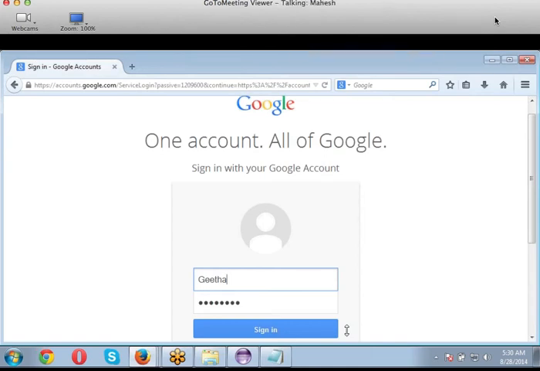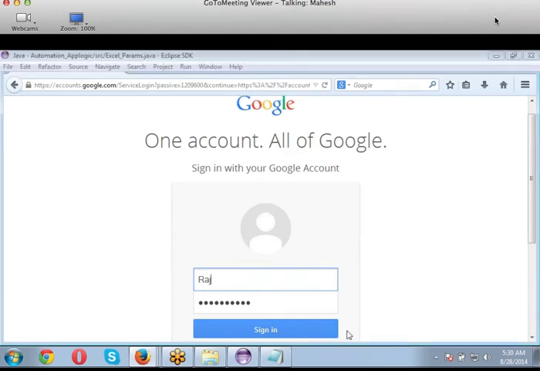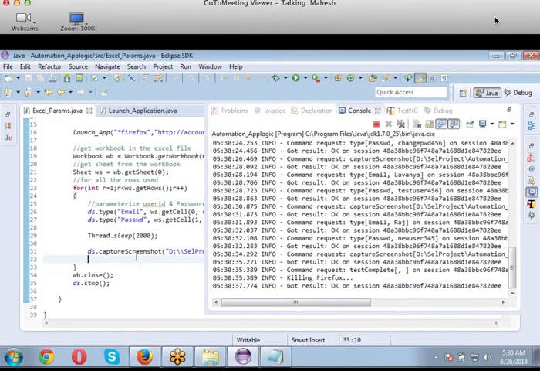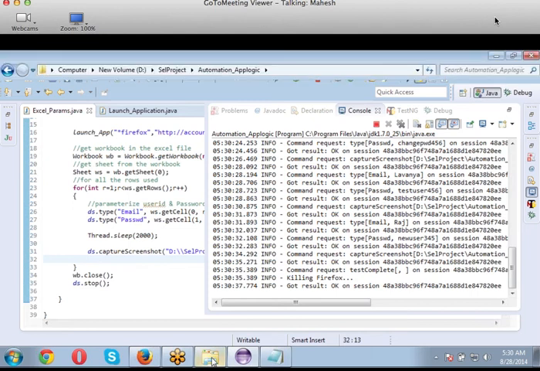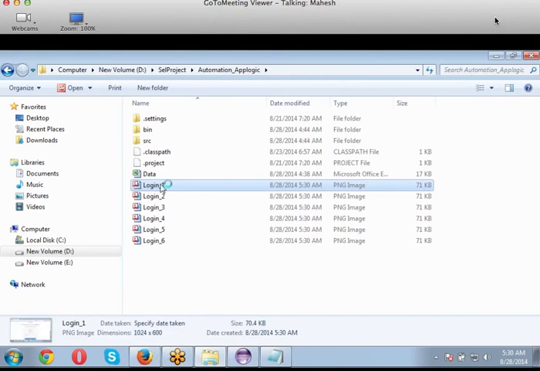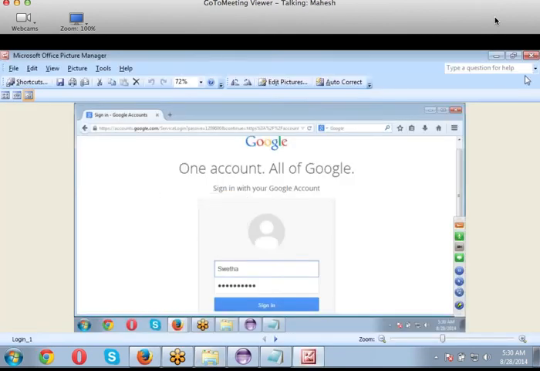Okay, here are my values. We should write code in such a way that if I write login once, I will use that login in n number of places for n number of web pages. Let me go back and check whether there is a screenshot. There you go. All of our screenshots are there. And PNG, as I told you, is a very small format. It's only in KBs here.